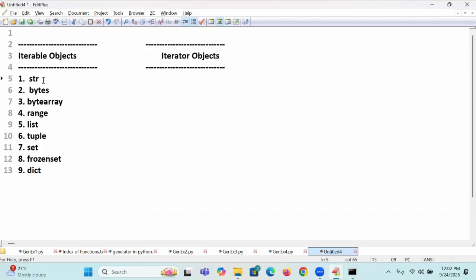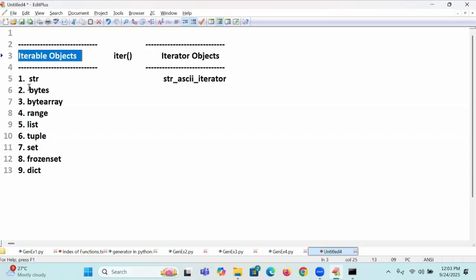I will go for str ASCII iterator. It is a class whose object is created. How to create it? There is a function called iter. What is the difference between an iterable object and an iterator object?